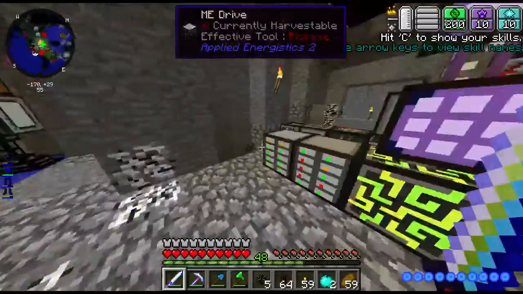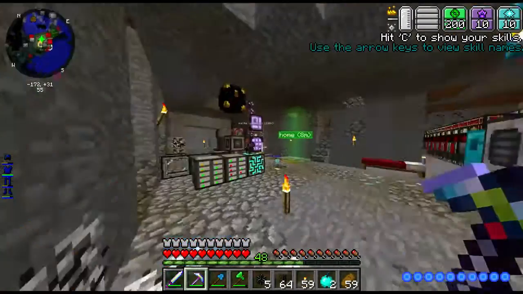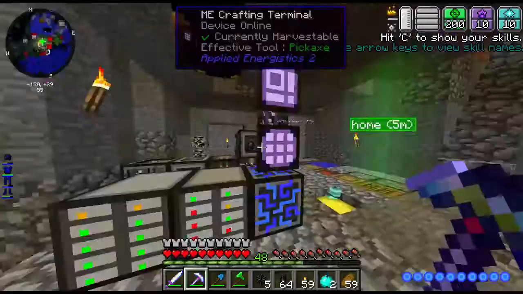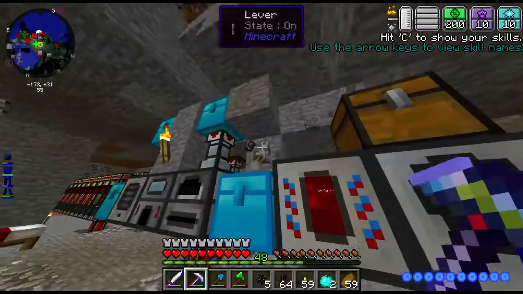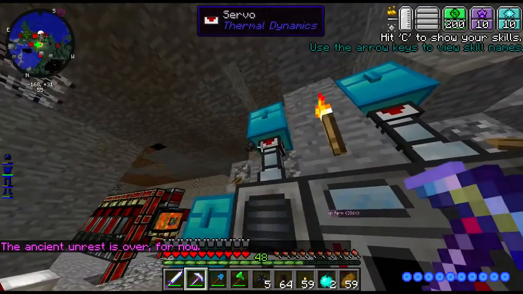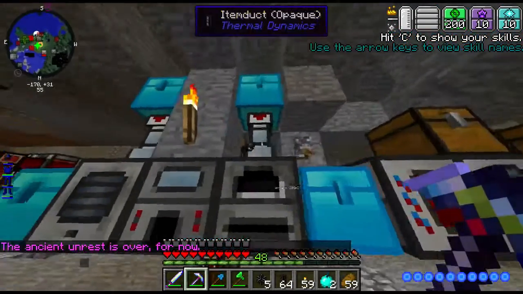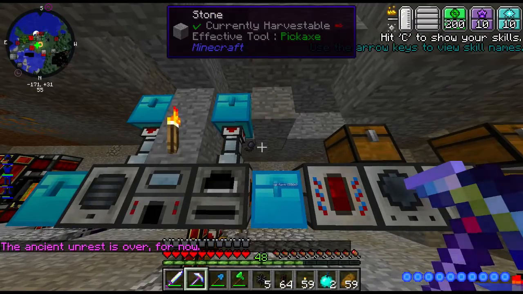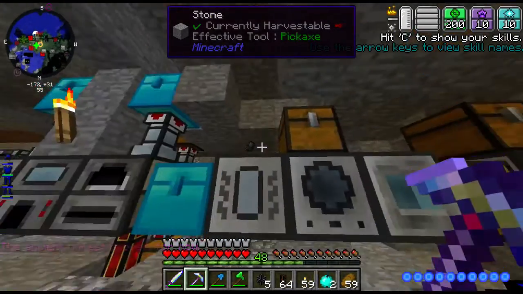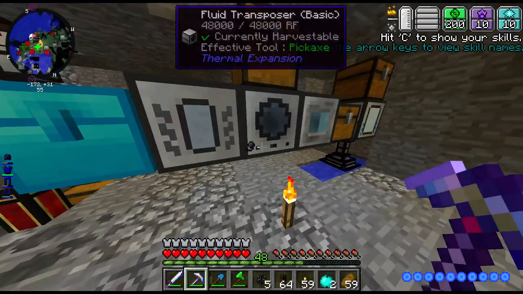It's clear that I should take this tank off, put it in my ME because I don't need it anymore. And I wanted to do this as well: change this so it's automatic instead of having to have this lever here, because that lever is actually quite annoying. And then I can have an item duct here, and